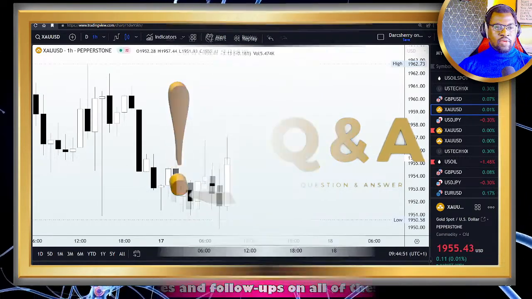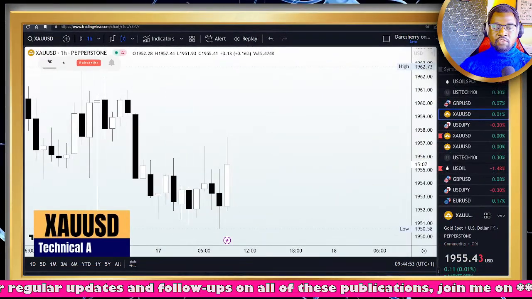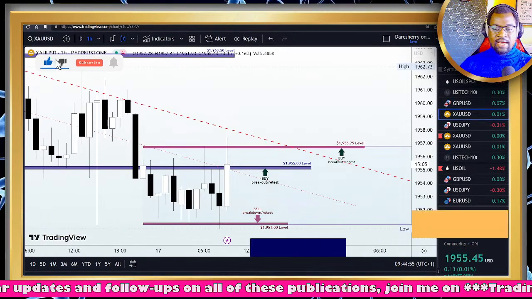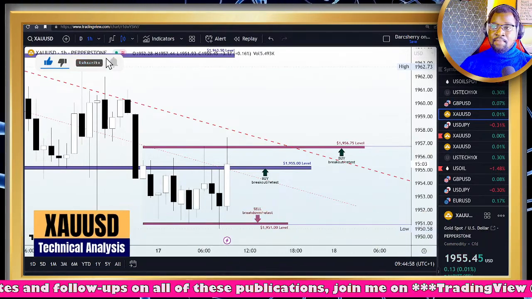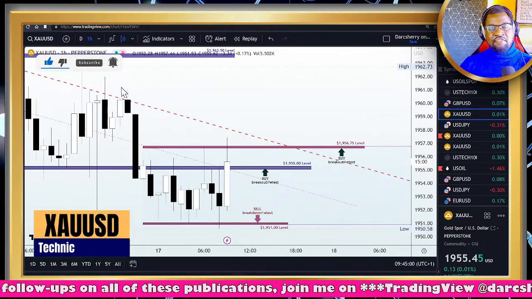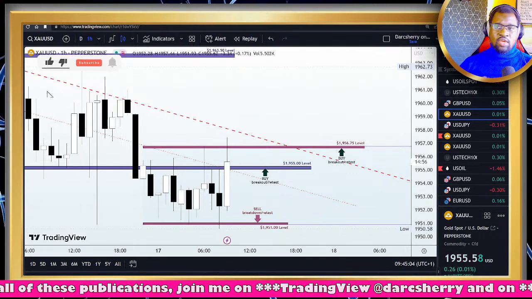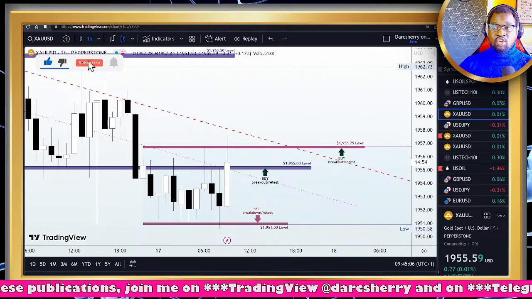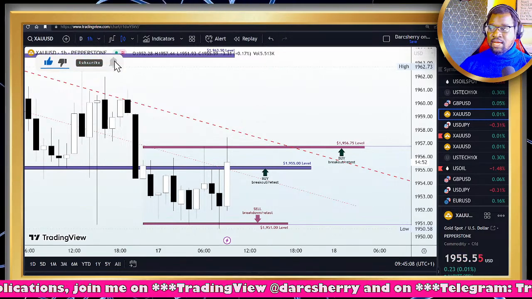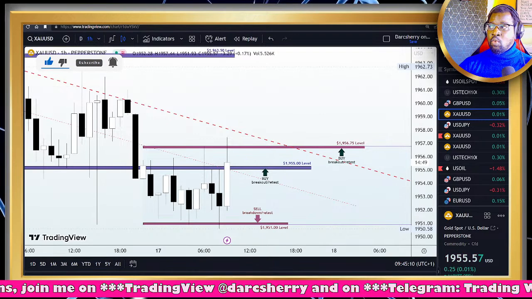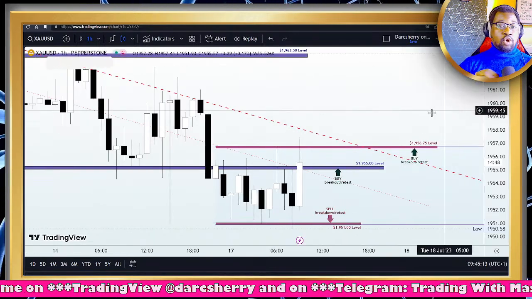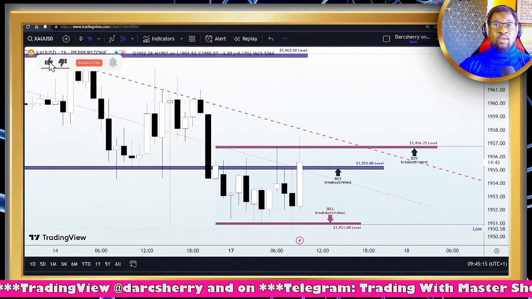So the next instrument on our watch list for today is the XAUUSD. I call this one of my favorite instruments that I love to trade so much. And in fact, we have been quite profitable on this commodity in the last couple of weeks now. So let's quickly run through what I said here as regards the current market structure we are currently witnessing